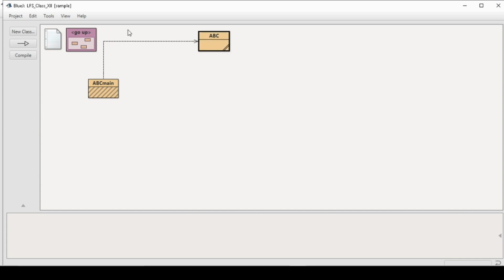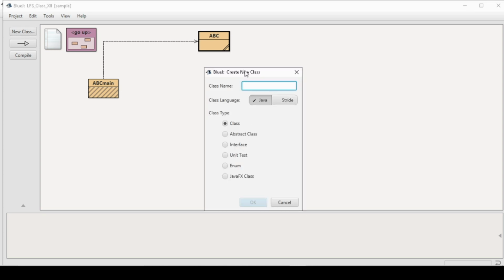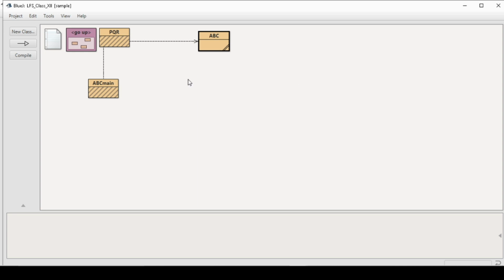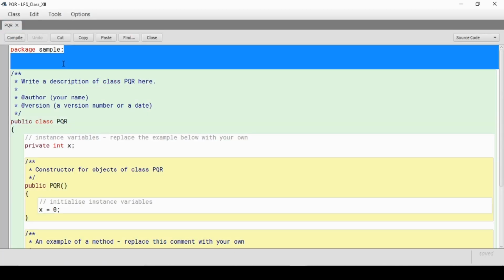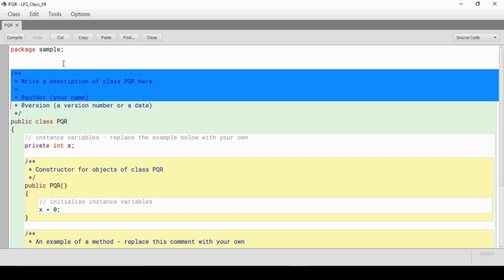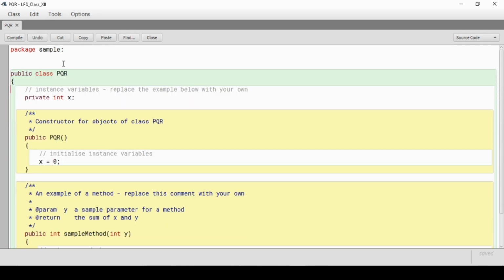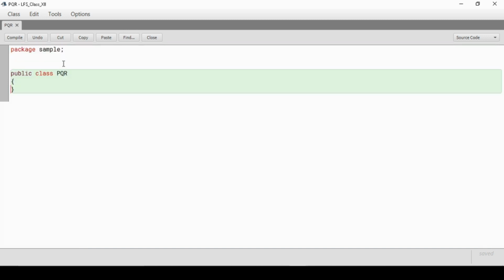So for that I am creating a class here, ABC. Now I have created a class ABC. I am creating a class PQR, and I am going to inherit ABC inside it. So the rest of the code which is not essential, I am going to delete. Actually, I will have nothing in PQR. In fact, PQR will be empty, and all that I will do in PQR is inherit ABC. Fine, I hope it's done.